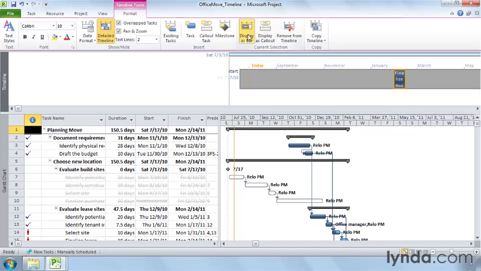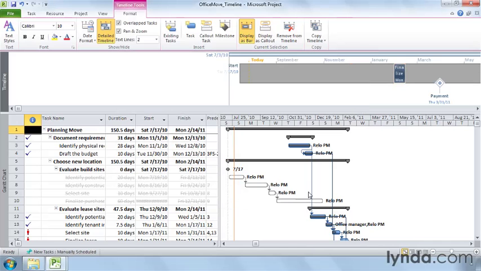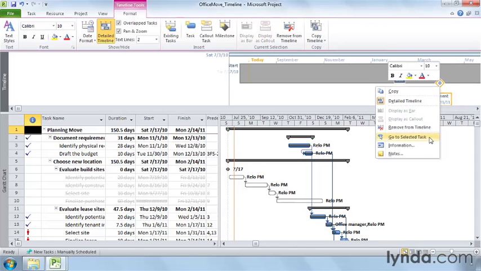You can also insert new tasks, callouts, or milestones on the timeline. In this case, let's add a callout. On the Format tab, click Callout Task. Then, in the Task Information dialog box, you give the task a name, and you can type a date. In this case, 3/31/2011. Click OK to add it to the timeline. And there's our payment. To remove a task from the timeline, you can simply select it, right-click, and then choose